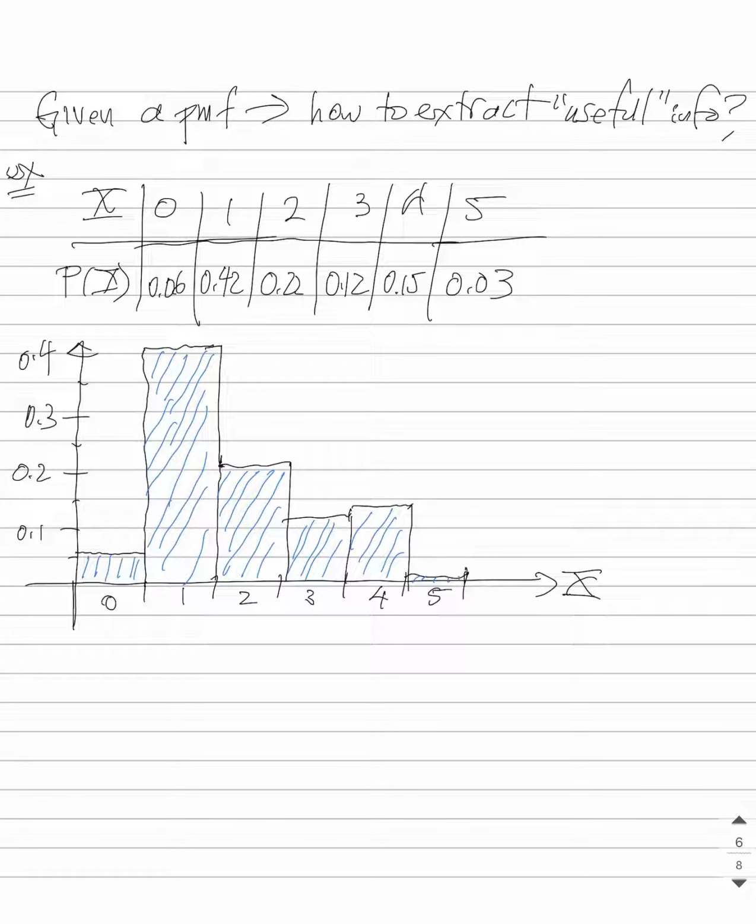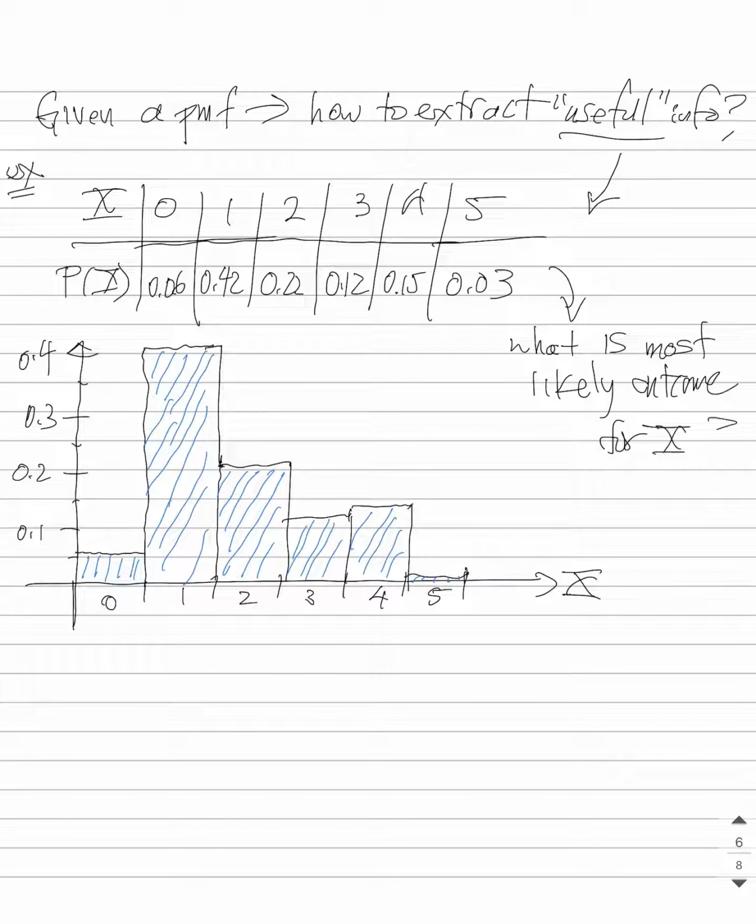So if we're given a probability mass function, one of the most important things is how do we get useful information out of it? And what do we mean by useful information? So I've written here an example of a probability mass function. I've listed the table and I've drawn a picture of the bar graph. And the question I want to know is, as an example of useful information, what is the most likely outcome